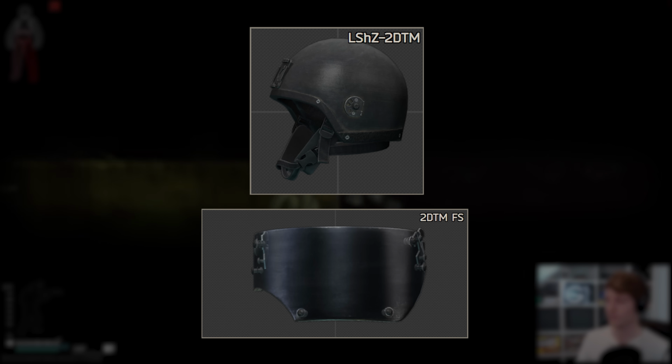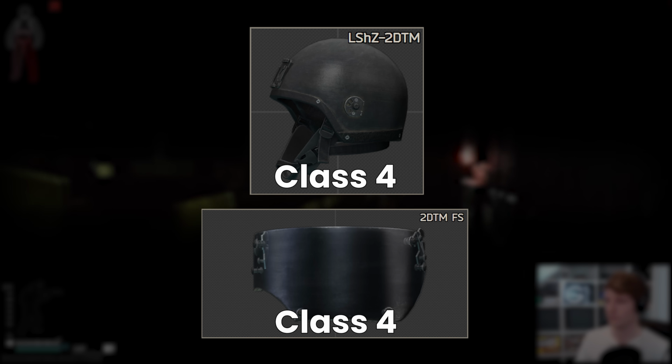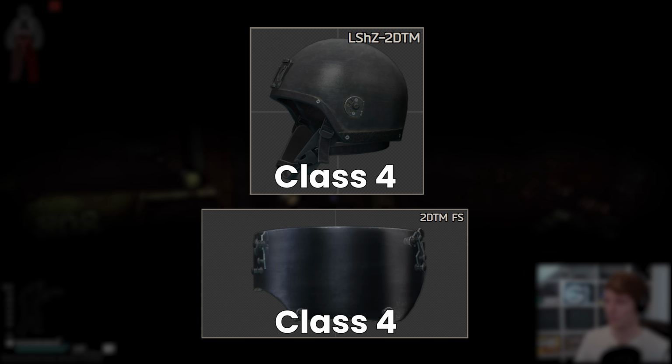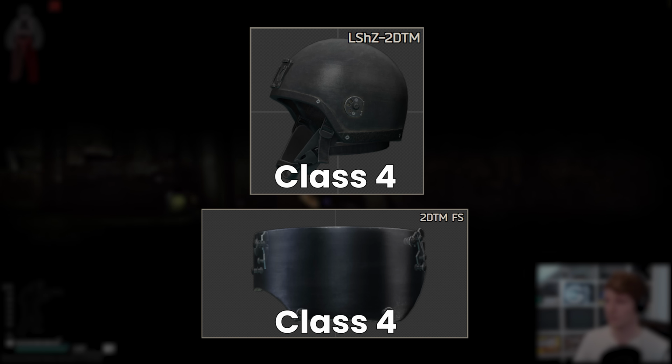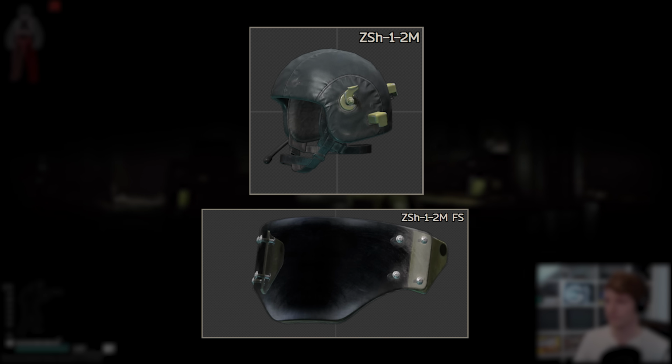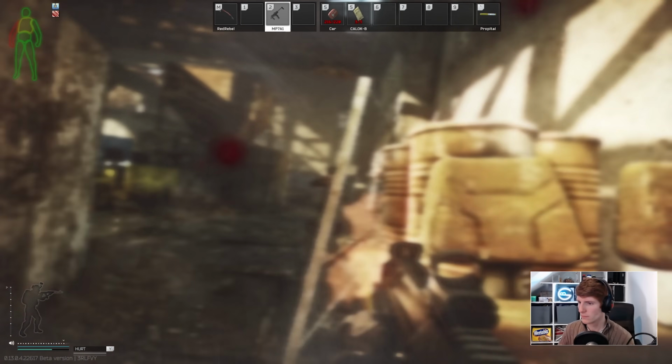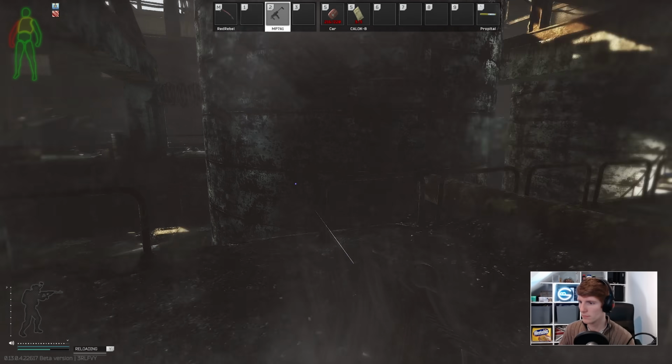Although it's a step down with class 4 all around, it's basically the only helmet we can buy these days that doesn't leave our vision impaired and gives us better than class 3 found elsewhere. By the way, don't confuse it with the ZSH 1-2M, as the face shield on this one is still class 3. The most important part about the class 4 face shield on the 2DTM in fact builds upon the discoveries